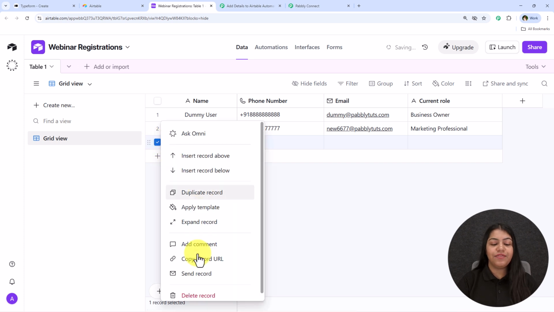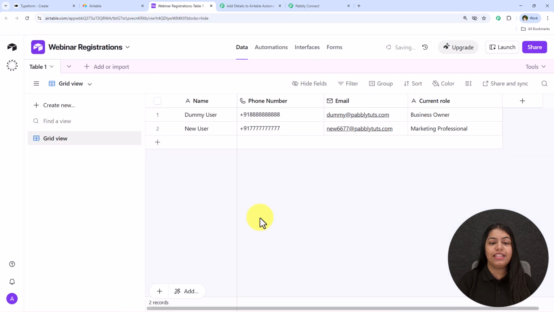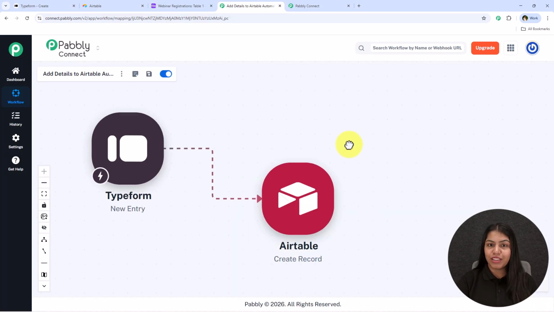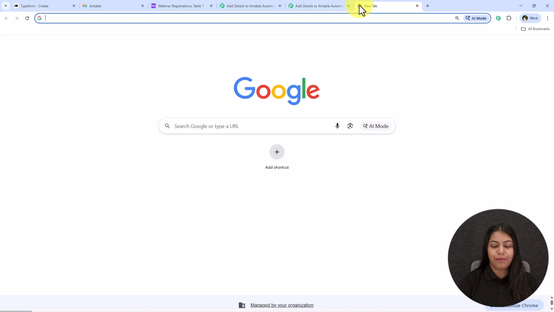What I've done is I've simply created this amazing automation where whenever I receive a new webinar registration, the details will be added in Airtable. If you also want to create this automation, watch this tutorial till the end, and in order to do this, just open your workflow builder inside Pabbly Connect if you are an existing user like me. But if you are a new user, open a new tab and search for